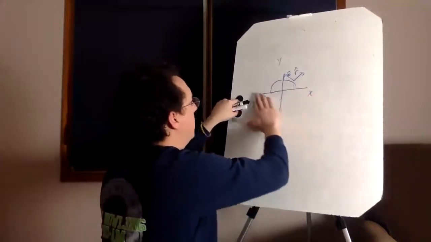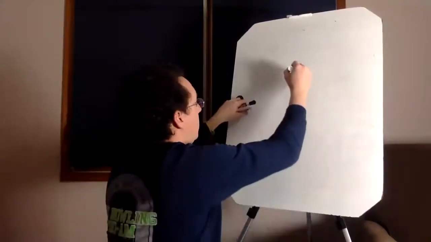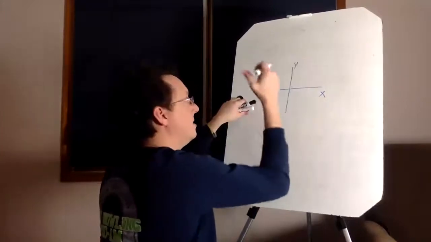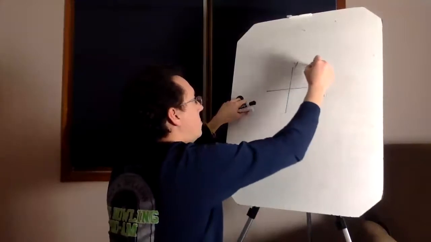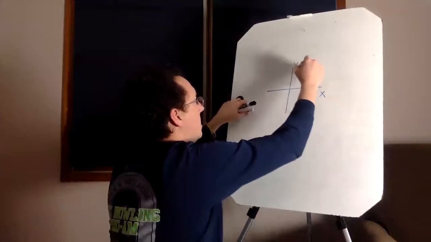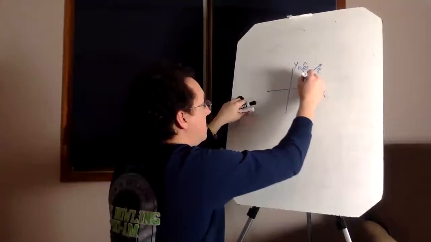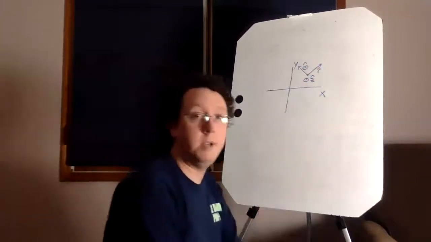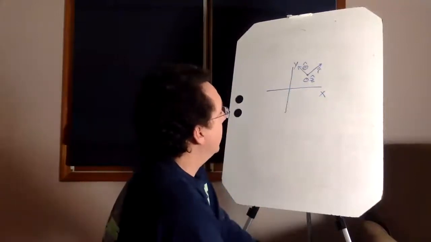So let me just, in fact, I don't need the circle. I apologize. What I really want, so here's x and y. We know that z is in the direction kind of out of the board. So here's going to be r hat. Here's going to be theta hat. And z hat is into your eye. Okay, because z hat would be in the direction of increasing z. Okay, so